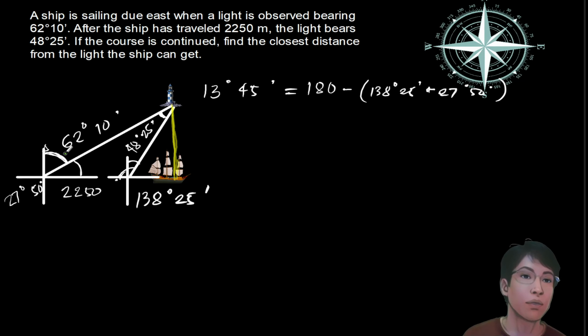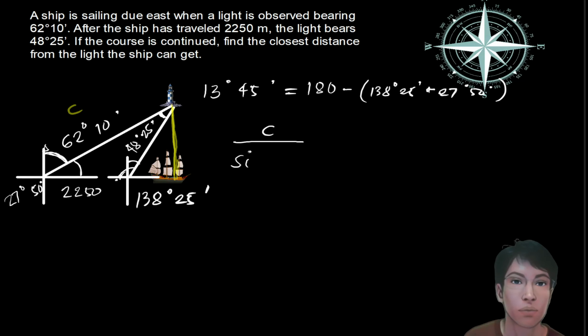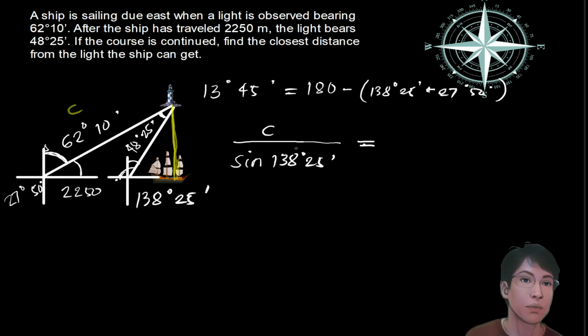Let me designate this one as side C. So in this case, using sine law, C over sine 138 degrees 25 minutes, which is equivalent to this angle over here, equals